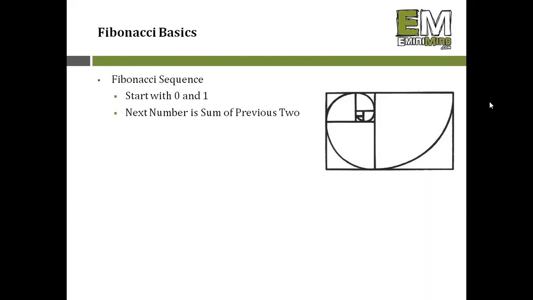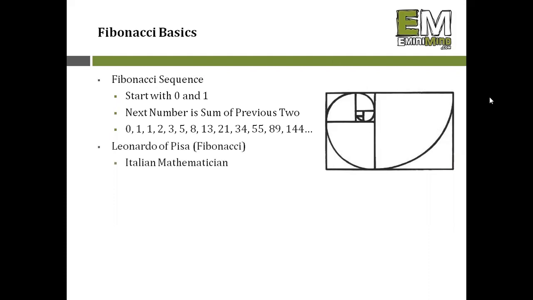So you add those up, you get the next number. You start with 0 plus 1 is 1, 1 plus 1 is 2, 2 plus 1 is 3. Taking the current number and the one before it, boom, that's what gets you the Fibonacci sequence. And Leonardo Fibonacci was this Italian mathematician who kind of came up with this sequence, discovered, if